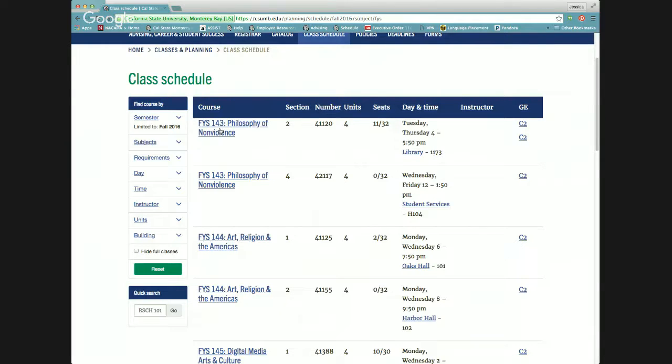As you can see, there's 2 FYS 143s. They're each in a different section. They have a unique number, which is the number you use to find it when you're registering for classes. It's a unique class number. It'll tell you how many units there are for that class, and it also tells you how many seats are taken in that class and how many total are available. It'll give you the date and time also and the location,